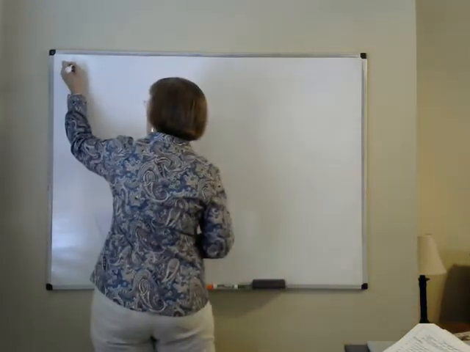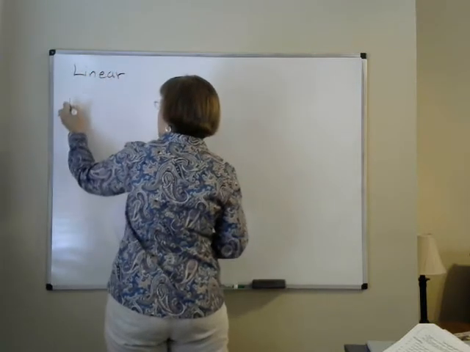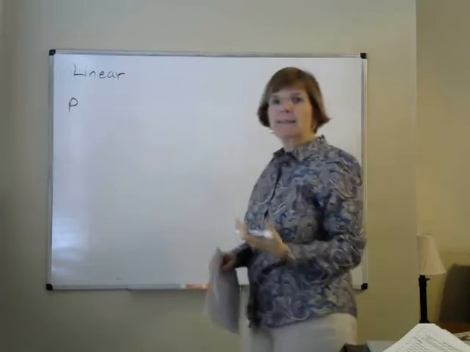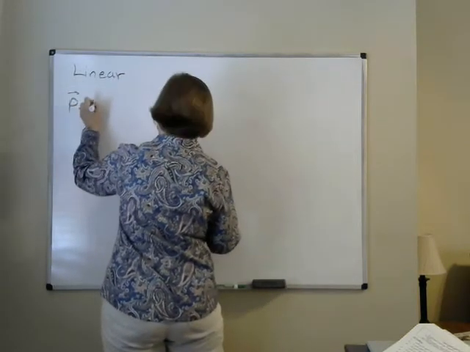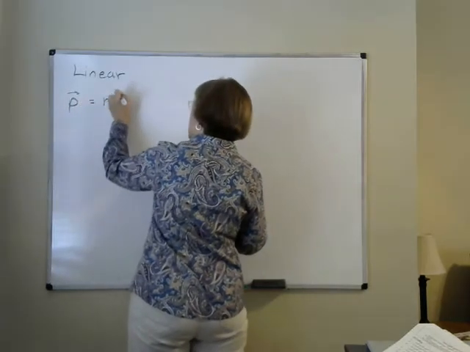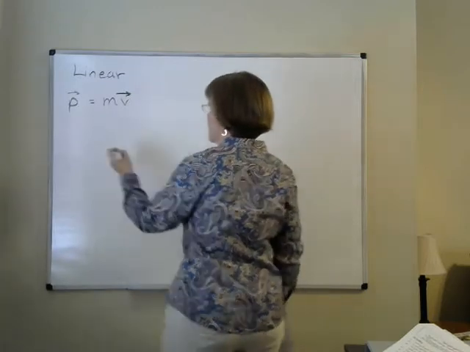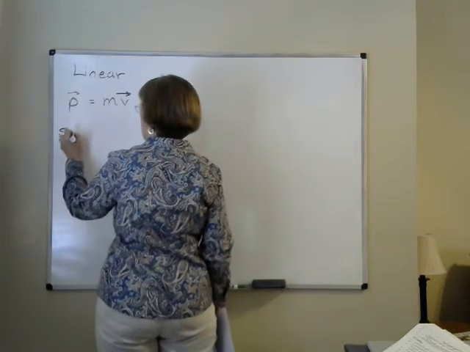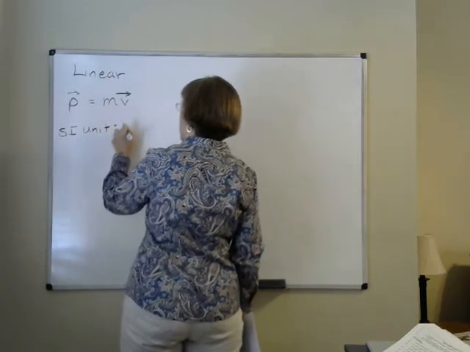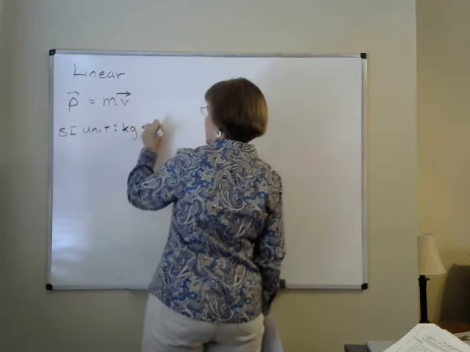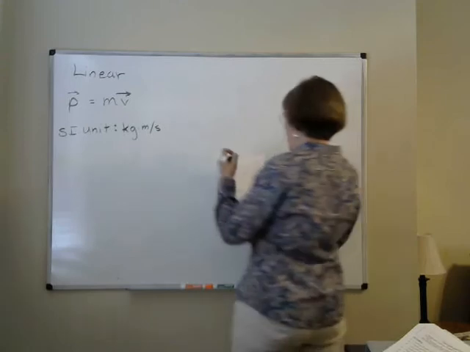Always easy to start with, how does it work for linear motion? Linear momentum, which was represented by that lowercase p, who knows why, is a vector quantity, mv. Of course, if you remember, it had an SI unit. That was simply kilograms meters per second, and it was a vector quantity. Similarly, angular momentum